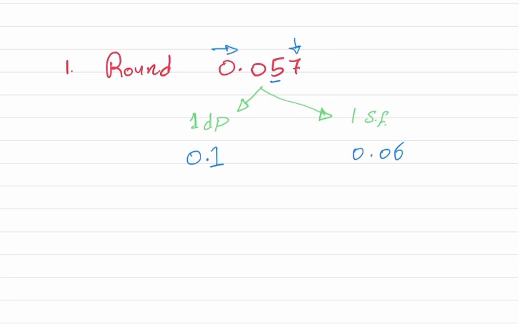So for 1 decimal place, I counted from the decimal point and it was 0. The number to its right was 5 and it pushed the 0 to be 1, and 0.1 was my answer. But for 1 significant figure, this is the first non-zero digit from the left, and in my question here, it was number 5, and I looked to the number at its right, which is 7, and 7 is a strong digit, so it pushed the 5 to be 6, and my answer in this case is